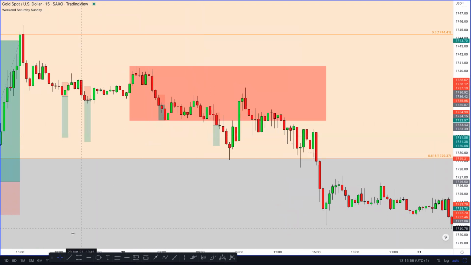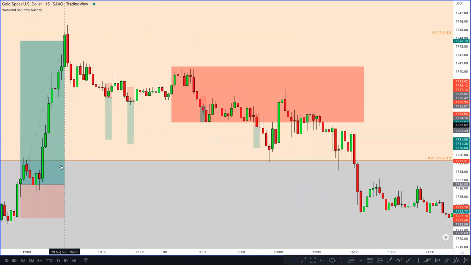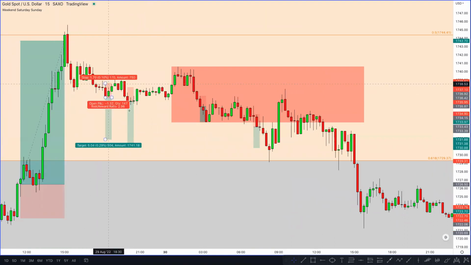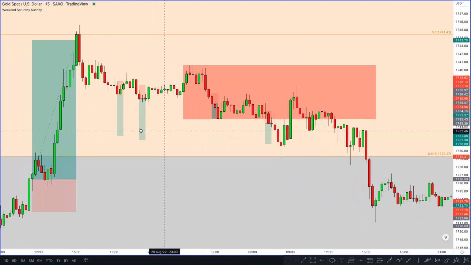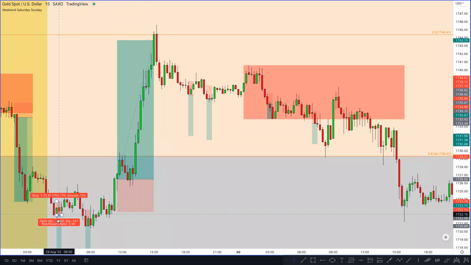And pay attention to the time in the market, for those that are not aware of the UK time. All of this was happening coming towards the end of New York session. So going in from New York session to Sydney session, volatility in the market starts to decrease. This is what happens. When the market starts to decrease, of course, we're going to start seeing more and more losing trades. This is what happened here.